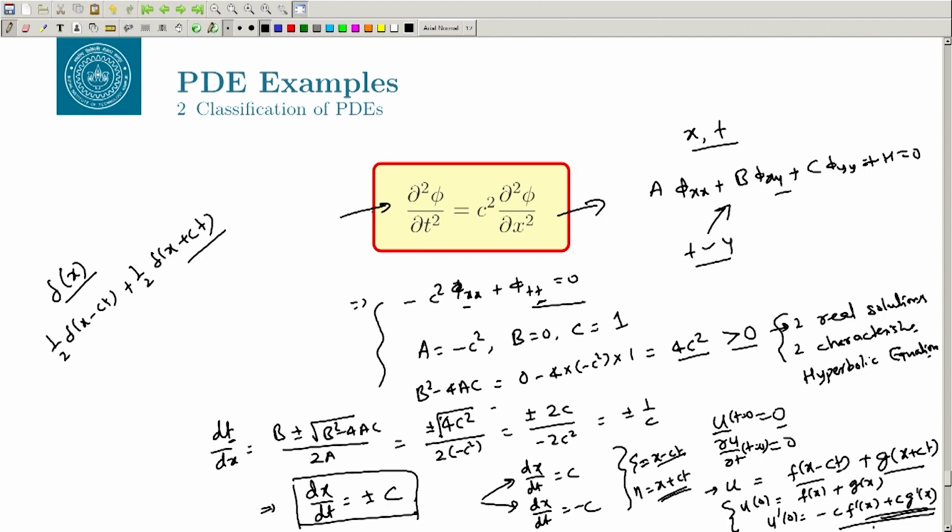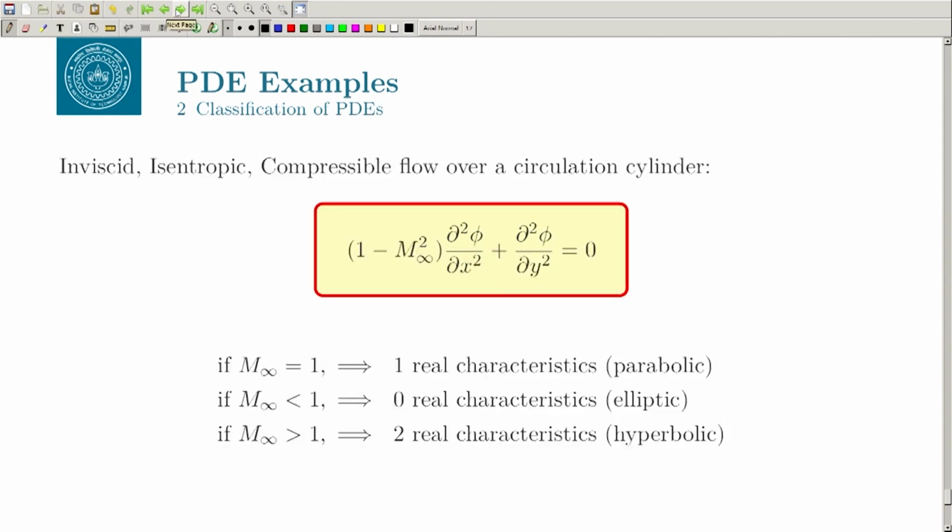I will conclude with one final thought, that you can take a general expression. We can confirm what we just said, and this will be a homework for you to go back and see. We are discussing an inviscid isentropic compressible flow over a circular cylinder, and with the potential flow, we can write an expression for this, which is given as 1 minus Mach infinity square times del 2 phi by del x square, where phi is the velocity potential, plus del 2 phi by del y square. And please go back and use